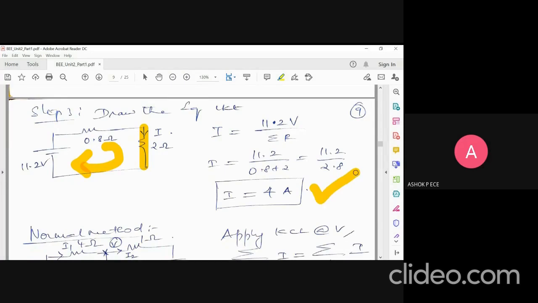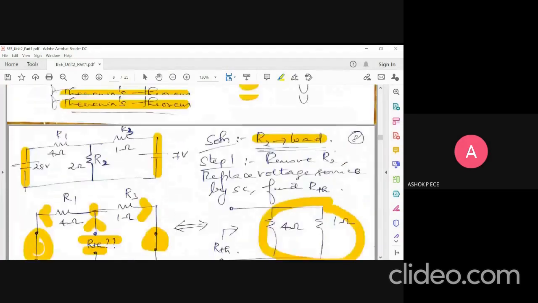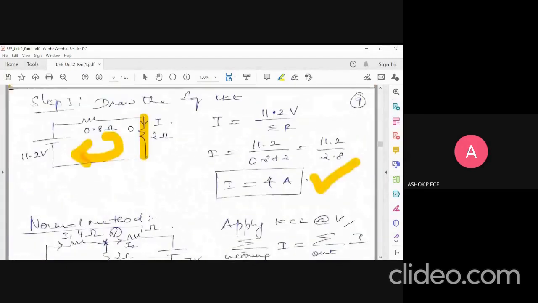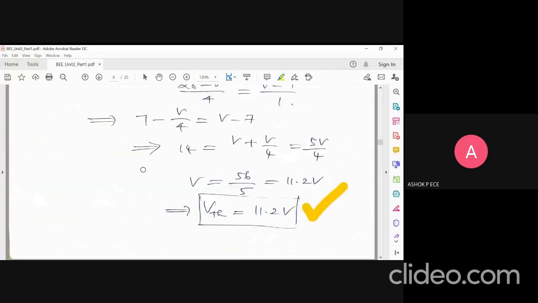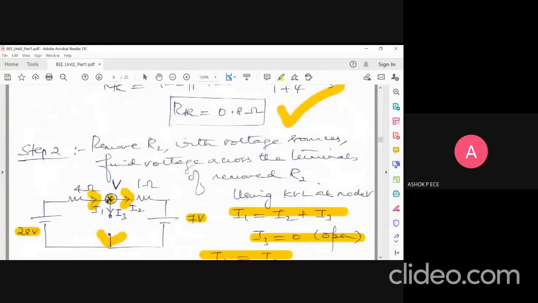You get the answer as 4 amperes. So for such a big circuit, doing nodal analysis versus doing it with a single loop, it becomes simple, right? So here I just need to apply KVL and Ohm's law. I is equal to V by R. I can find the current flowing through 2 ohms very, very easily. The only thing you should do carefully is take extra caution while finding out RTH and VTH. Step by step, if you write it out neatly, it will be very, very simple for you.